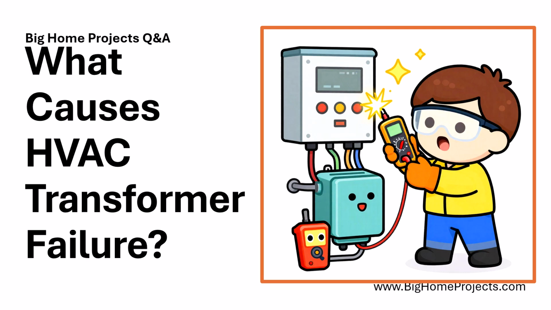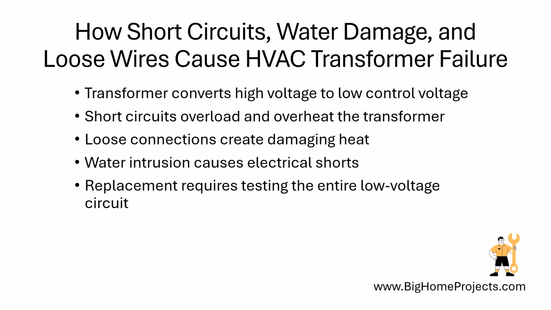What causes HVAC transformers to fail? Heating, ventilation, and air conditioning transformers usually fail because of electrical overloads, short circuits, overheating, age, or poor installation. A transformer changes the higher voltage from a home's electrical system into the lower voltage that controls the furnace, air